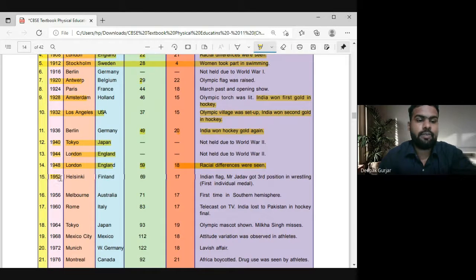Now in 1952, it was in Finland, and 69 countries participated, and 17 activities were there. At that time, Mr. Jadhav of India got third position in wrestling, the first individual medal. So it was our